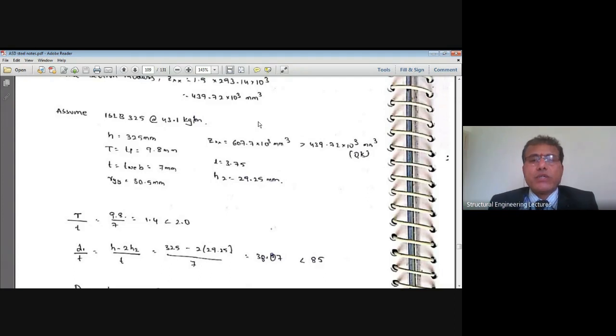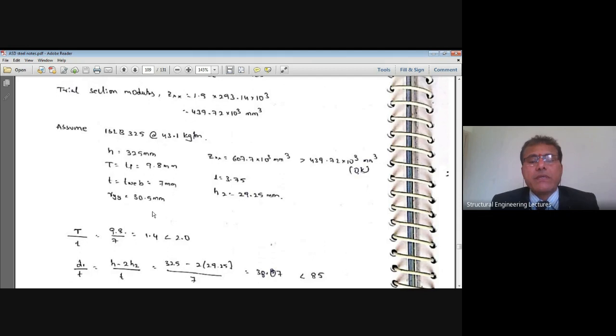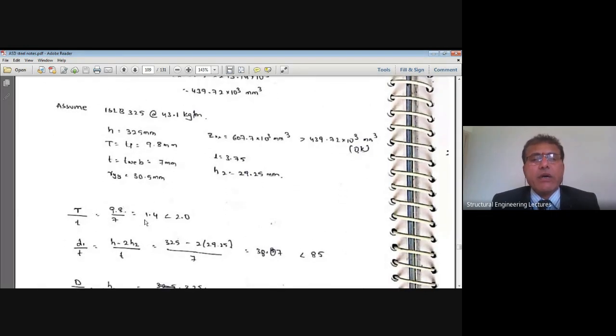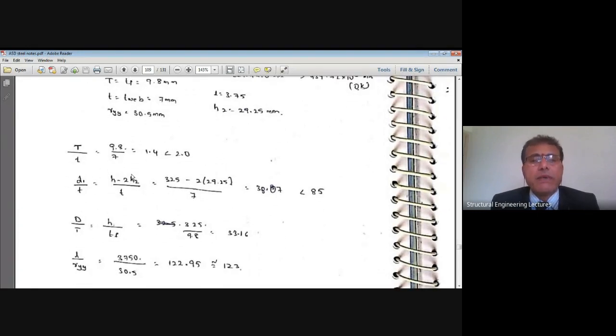If I deduct these two h2s from total depth of 325, I'll get h1, right? That is our d1. That d1 is nothing but total depth 325 minus 2 multiplied by h2, means the pure vertical portion of this web without any root radius stiffened part, purely 7 mm thickness. Vertical height is h1 or d1. That is 325 minus 2 multiplied by 29.25. Right? That is how that d1 or h1 is also calculated. Or it can also be noted down from the steel table. h1 value is readily available in the steel tables, right?